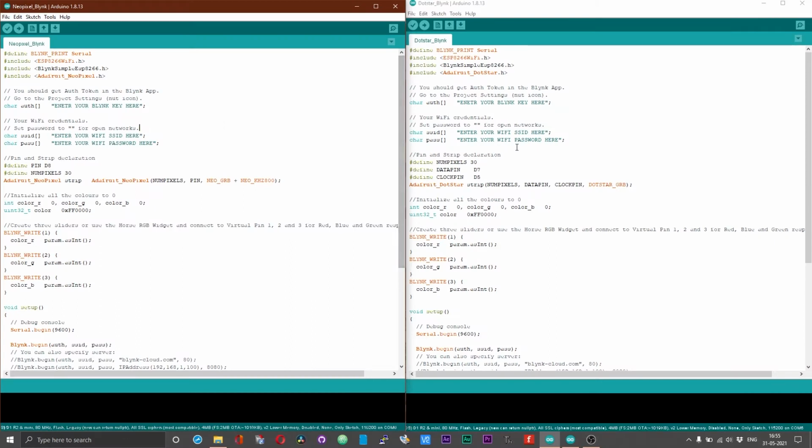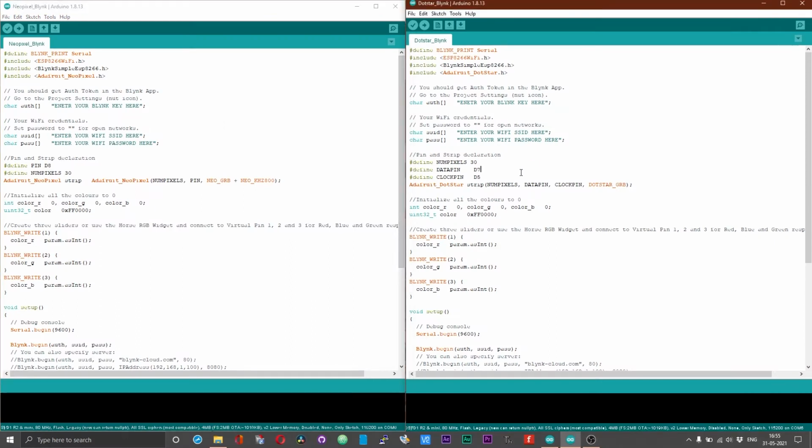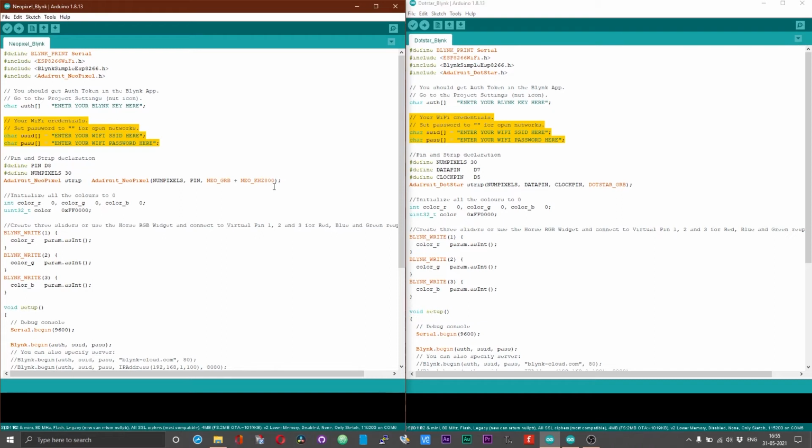I have written the scripts for both the NeoPixel and the DotStar LED strips. All that you need to modify in the script is the Wi-Fi SSID and the password credentials in both these scripts. For this project, as I mentioned earlier, I'm using a VMOS D1 Mini, so these pin declarations are for the VMOS D1 Mini.